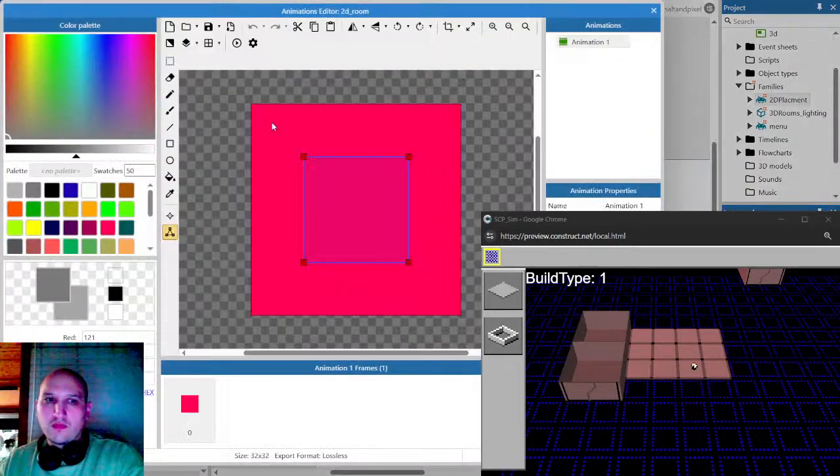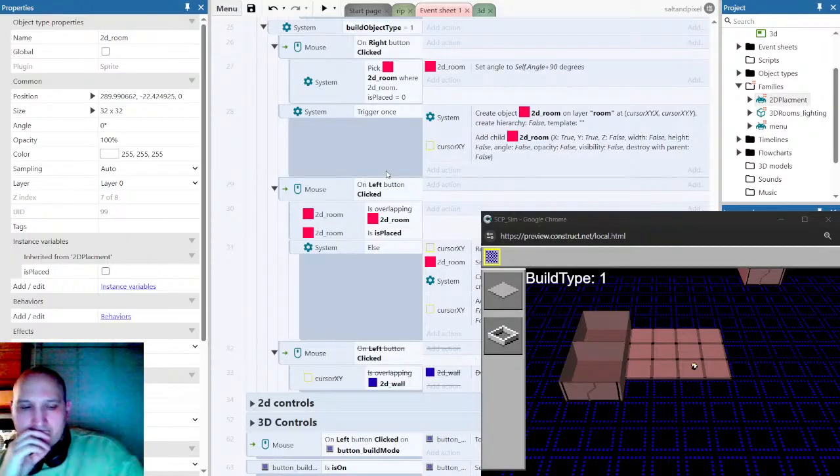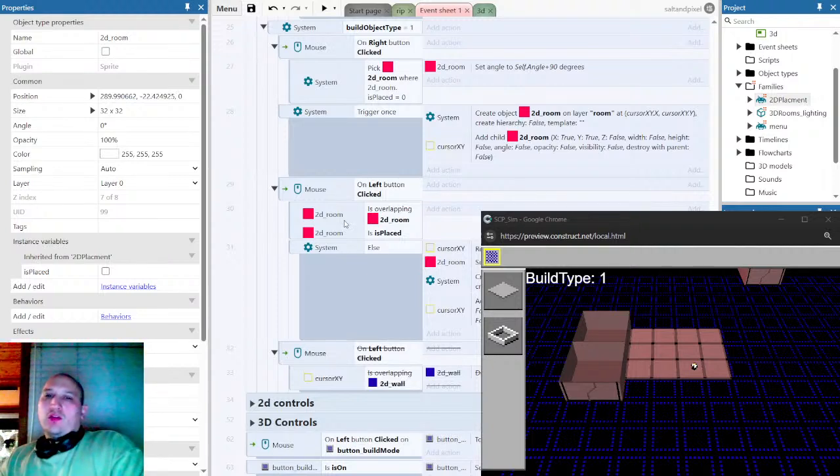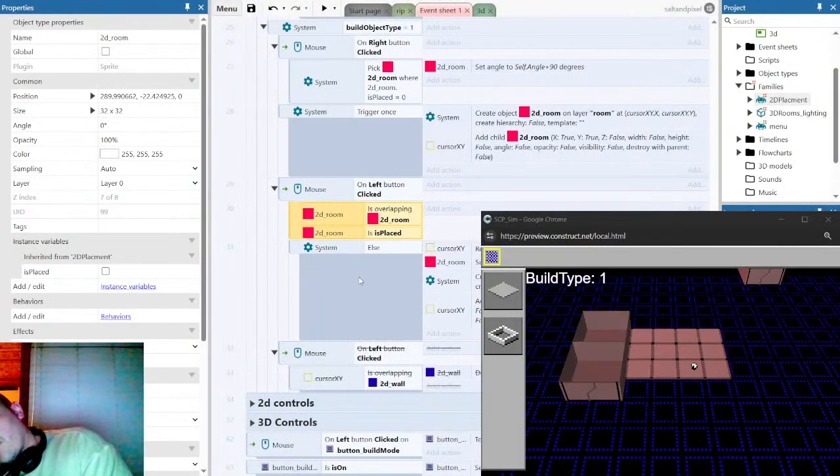Ooh, that's not working. Hmm. Let's explore this. So compare to variable. So no, okay, so if